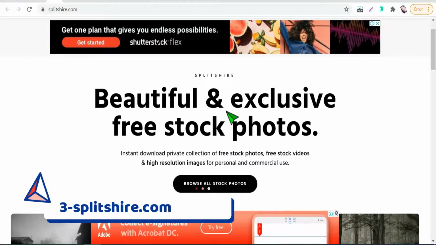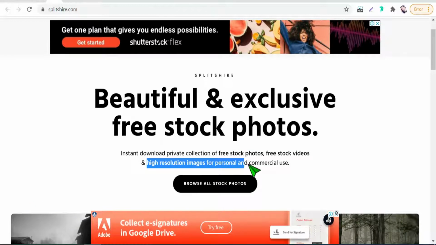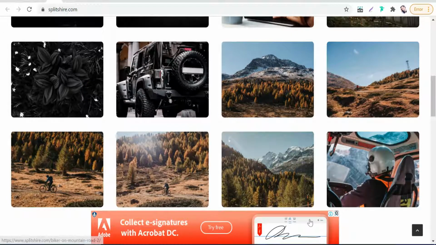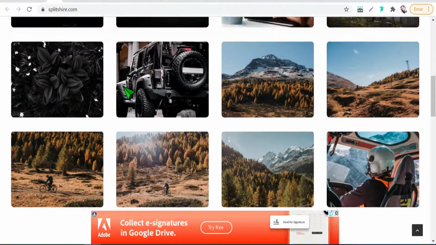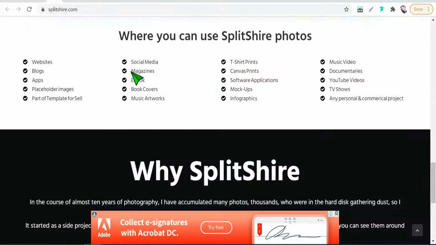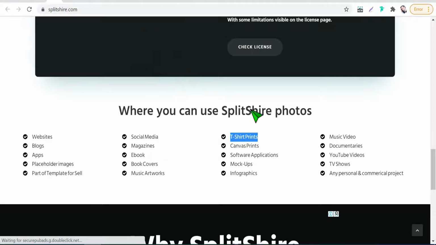Third one today is Spreadshirt.com. Beautiful and exclusive free stock photos. Okay, high resolution images for personal and commercial use. You will find here many categories in this great site. You can use them for your blogs and your videos, and here you will find where you can use Spreadshirt photos. And here's social media, magazines, ebook, book covers, and t-shirt prints. And as I said before, it is one of the print-on-demand items. Okay, you can use these photos here on t-shirt. The next one is